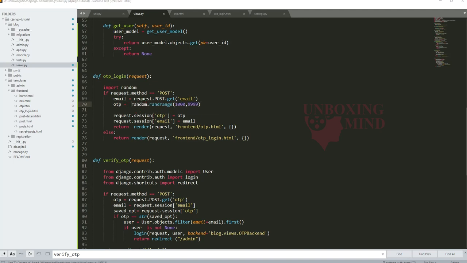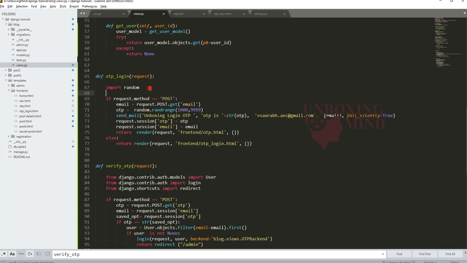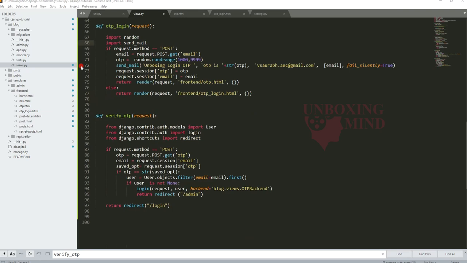And now we will use the send function provided by Django. Something like this, we can send the OTP to the user. Let me import the send_mail function also.